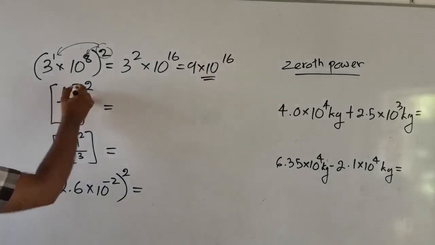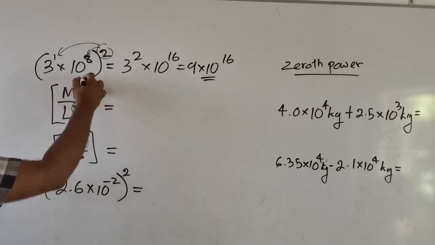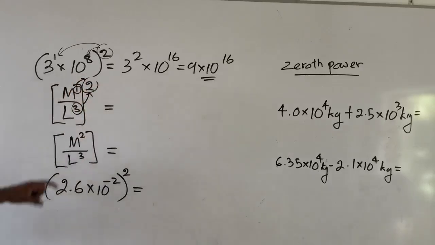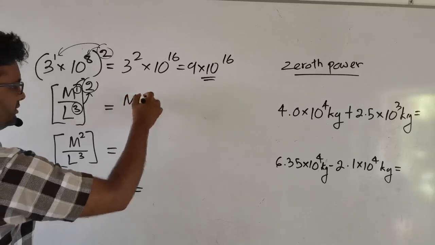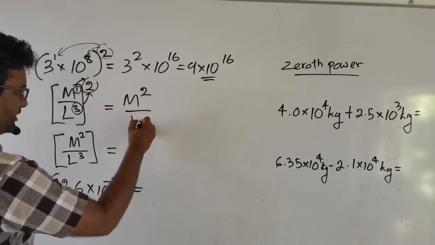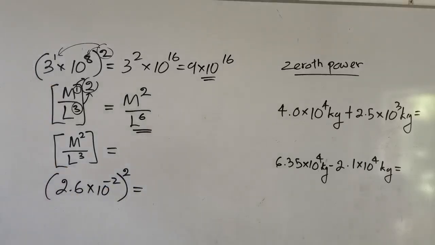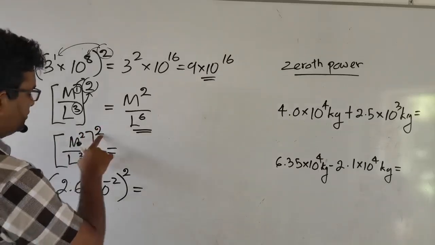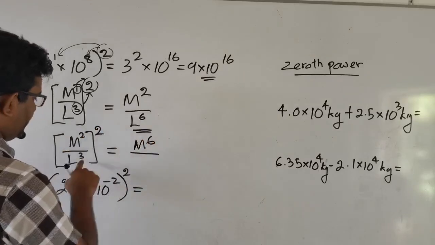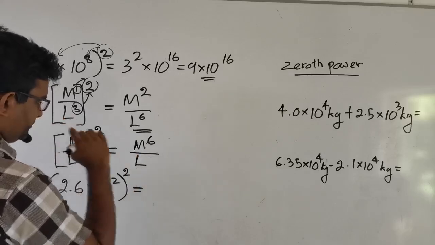And here also we need to multiply all the powers inside with the outside power, right? Then here we have m to the power 2 times 3, which is m to the power 6, right? Then next one, here also we have power 2 into 2, m to the power 6, divided by 2 into 3, n to the power 6,